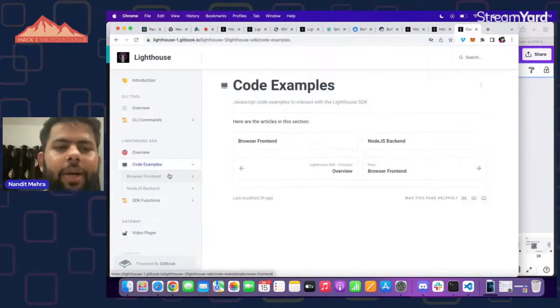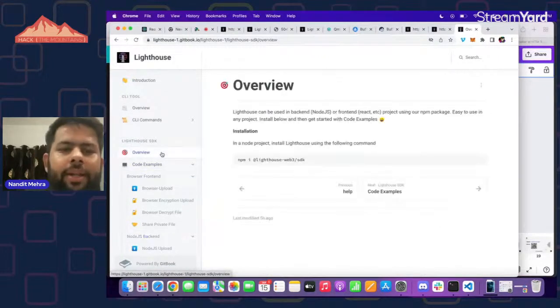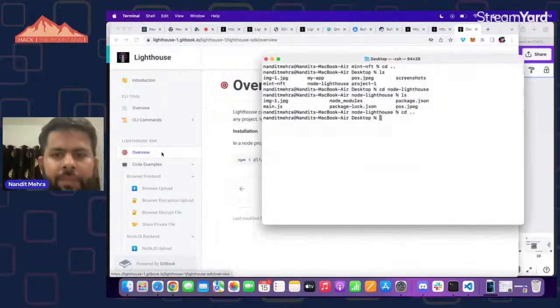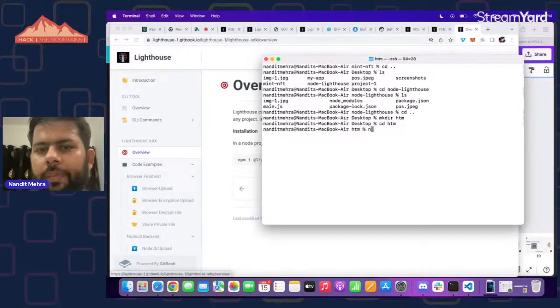You can integrate it on the front end or on the back end, as I already mentioned. And now let's go ahead and try one of these out. So I'll open my terminal and create a new directory. So make dir htm, go into that directory, and then initialize a new project.